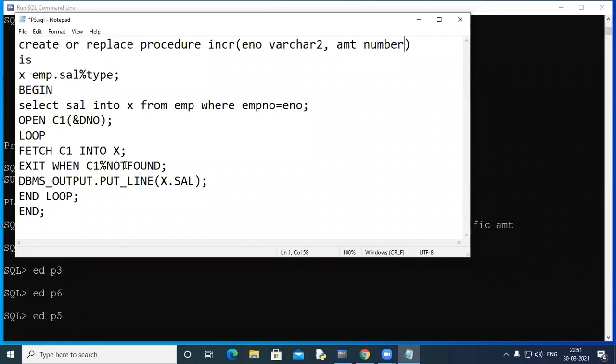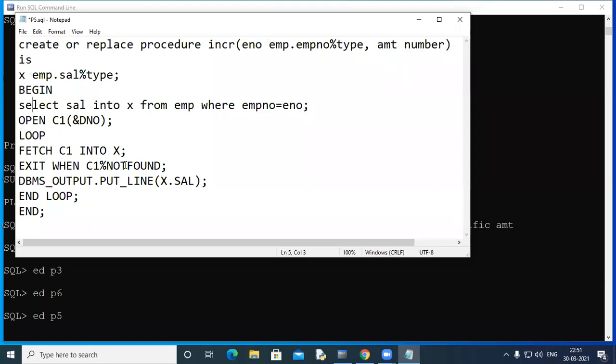What I'm trying to suggest is that you can write a percentage type declaration here also, because ENO refers to employee number, amount refers to maybe number or salary. So I can at least do this here, that I can write here emp number. This can be written here also. That's what I'm suggesting. Okay. The data type can be mentioned like this also.